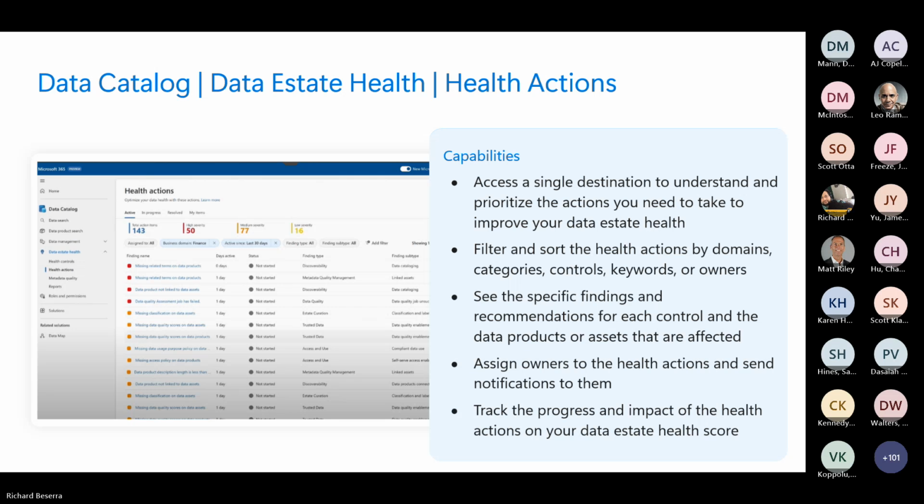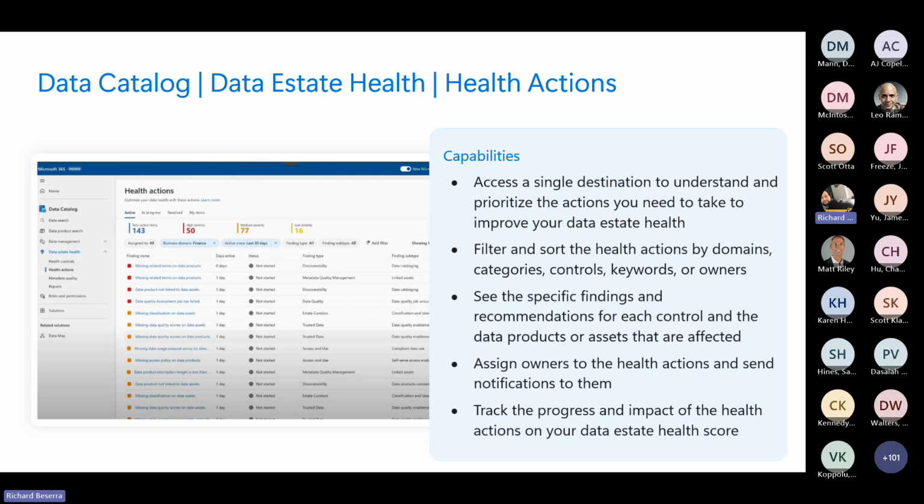And so from controls, you have actions. Here you can actually access individual destinations. If you want to change some of the actions to take on a certain item or a certain asset, you can sort what those recommended actions are going to be. If it's a lot of items that say, hey, we recommend you put this into a private endpoint, or recommend that incremental scanning be set up rather than full scans, which are time consuming, you can automate those actions. And rather than having to go through here and find them one by one,